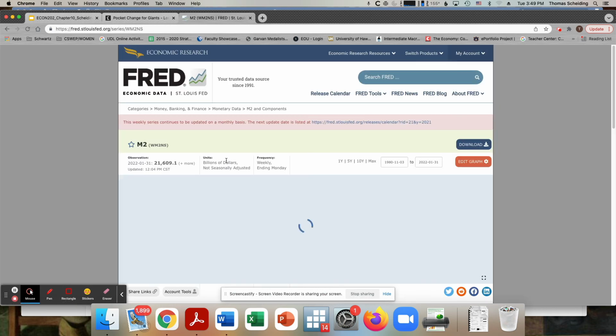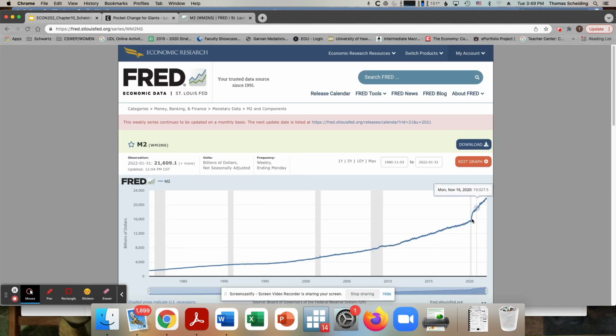Again, the value of this course would be that you can look at this data all on your own. And we see that increase as well. And that increase is pretty substantial still. Now, this increase doesn't look to be as much because one of the concerns during COVID was that people weren't going to have access to cash, banks closing down, things like that. So there's a real concern about liquidity. So there was a lot of cash printed. But you also just see the money supply increasing here.